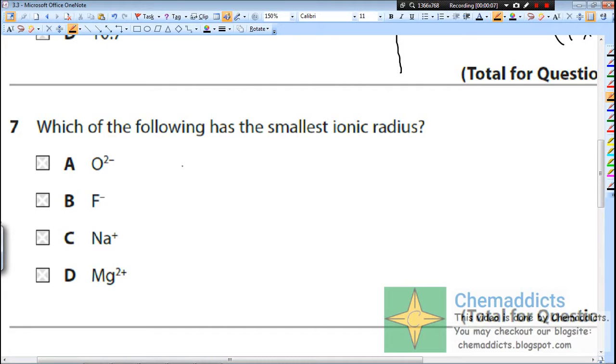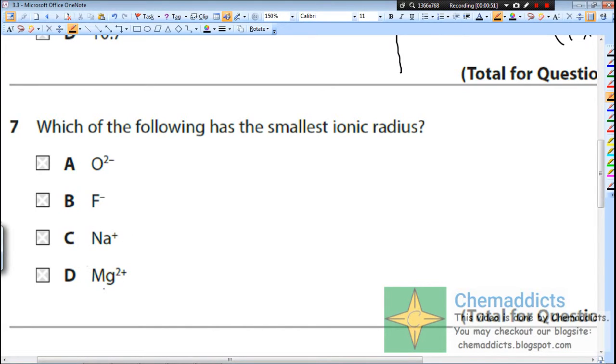Well fellas, now we're gonna solve this question. The question says the following: which of the following has the smallest ionic radius? They have given us a bunch of options. Before going to the answer, let us discuss some of the features that an ion should have in order to have an ionic radius. Okay, smallest ionic radius. Here we can see that there are two anions and two cations,